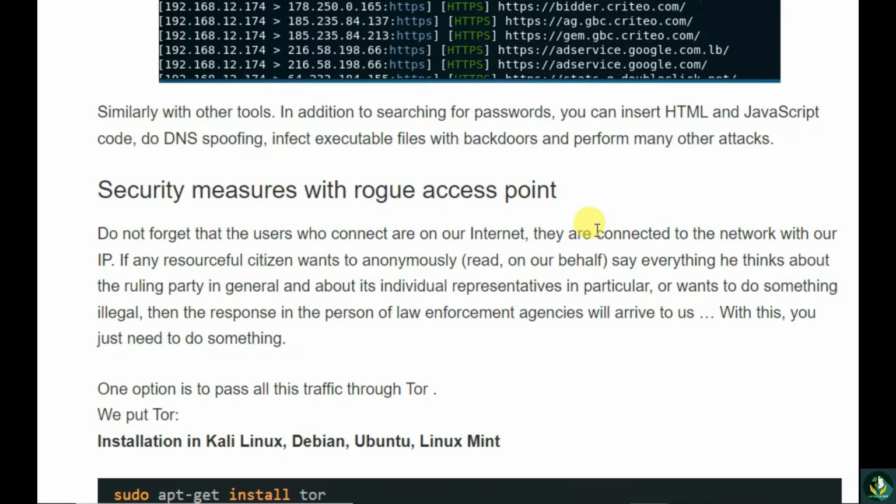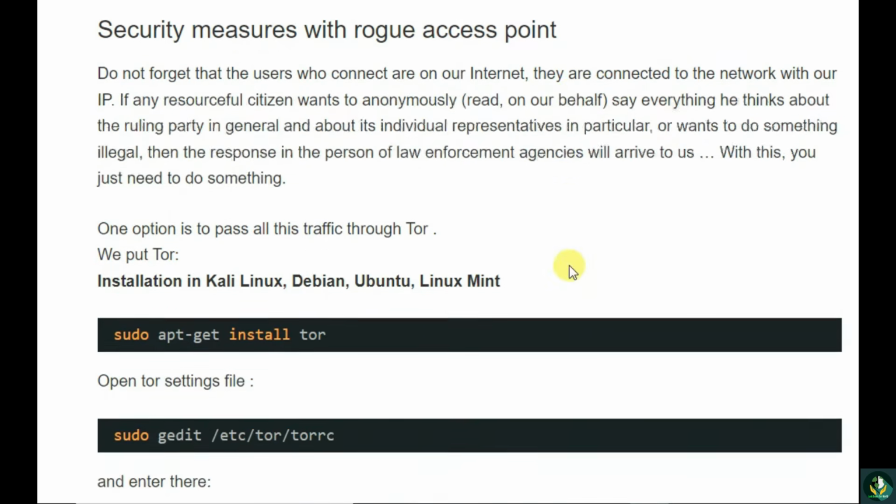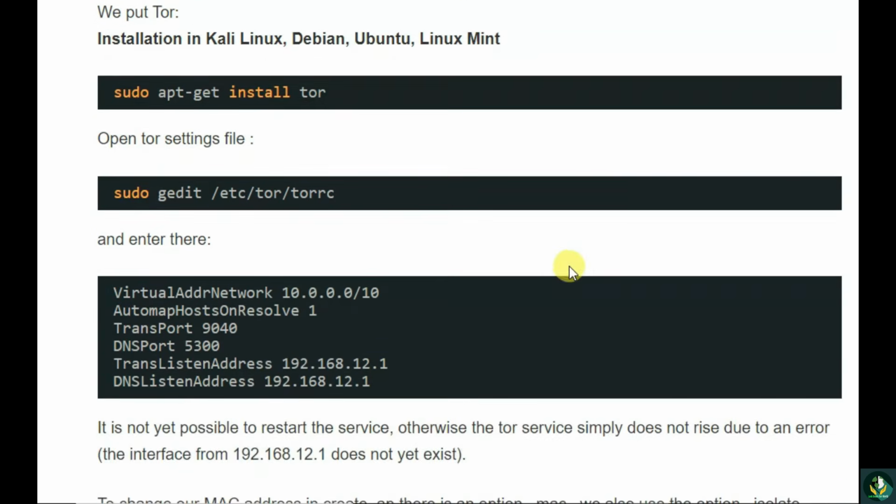Security measures with rogue access point. Do not forget that the users who connect are on our internet. They are connected to the network with our IP. If any resourceful citizen